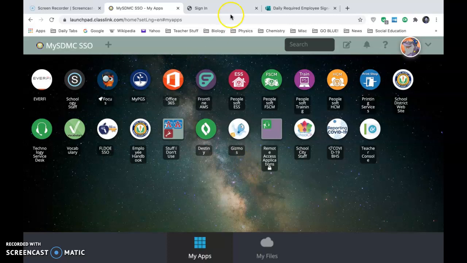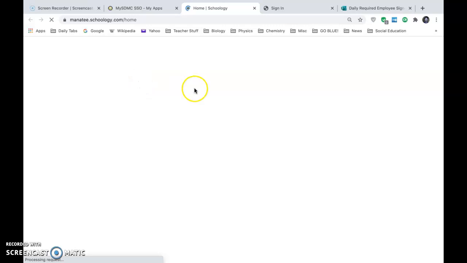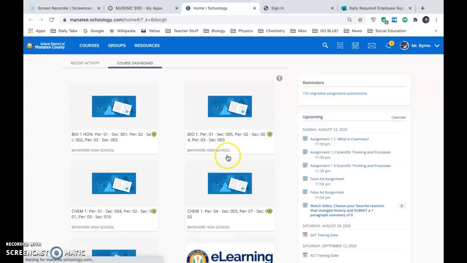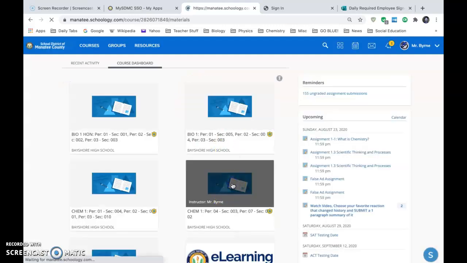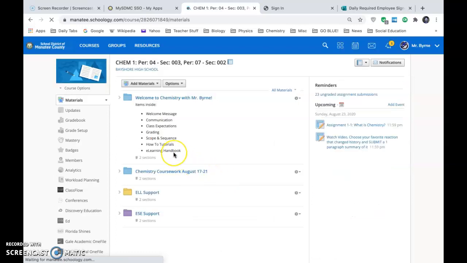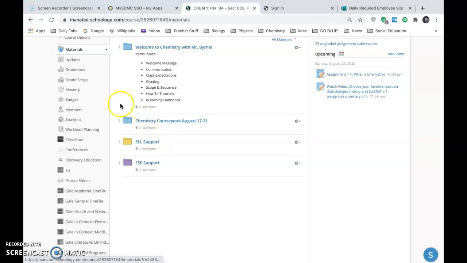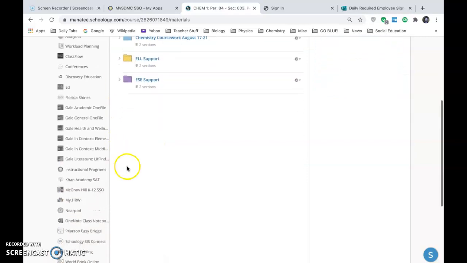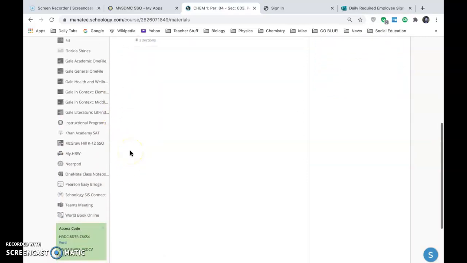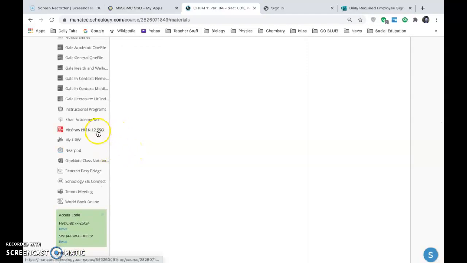It's Mr. Byrne, and I'd like to show you how to access something I think will be pretty cool for our chemistry class, and that is this LearnSmart option. In fact, today on Monday this week, you are to use this LearnSmart thing and read section 1.2 in your text. So you're going to open up your text by going over here to McGraw-Hill,